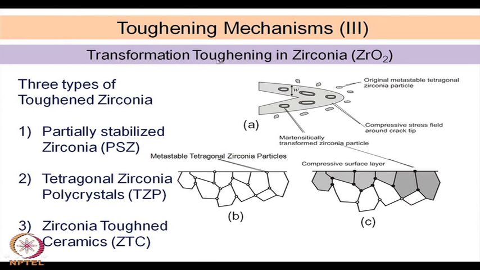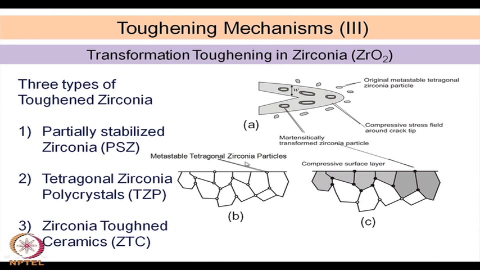Okay. So, that is transformation toughening. This is metastable tetragonal zirconia particles. That is what is called the zirconia toughened ceramics. I forgot to mention about these two pictures. We have spent a lot of time on this, but this actually represents the zirconia toughened ceramics, where these grains are of different ceramics, but at the grain boundaries you have tetragonal